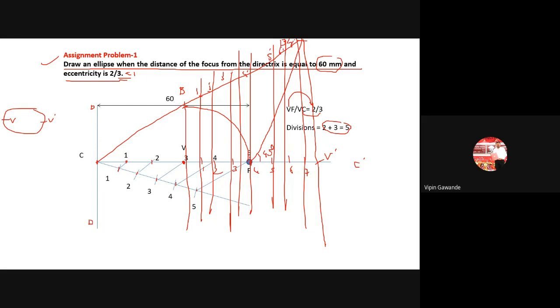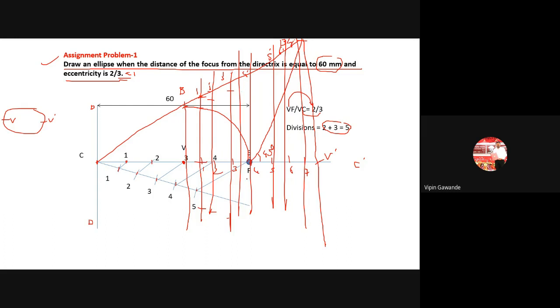Okay, आता काय करायचं, take 1 dash distance in compass, F as center. त्याच लाईनला कट करायचं. ज्या लाईनचं डिस्टन्स घेतोय त्याच लाईनला कट करायचं. कुठे, above and below the axis, वर आणि खाली कट करायचं. 2 dash distance कंपासमध्ये घ्यायचं, F पासून त्याच लाईनला कट करायचं, above and below. 3 dash distance कंपासमध्ये घ्यायचं, from F cut the same line above and below the axis.